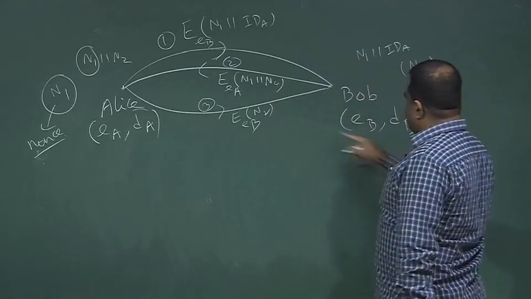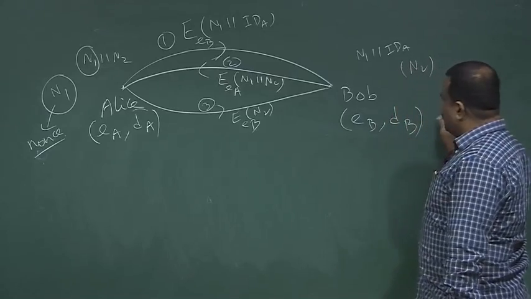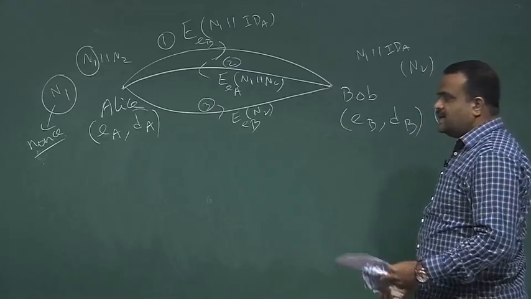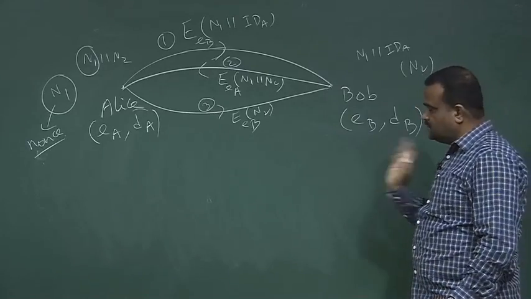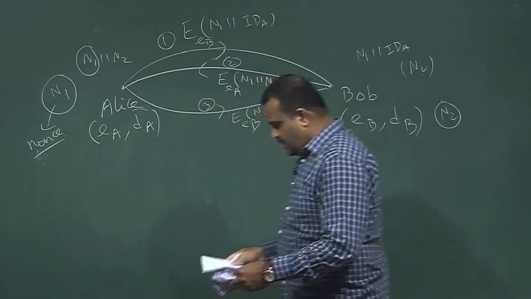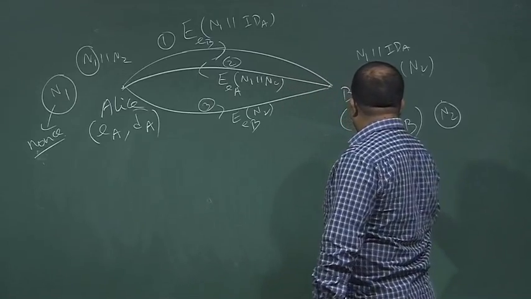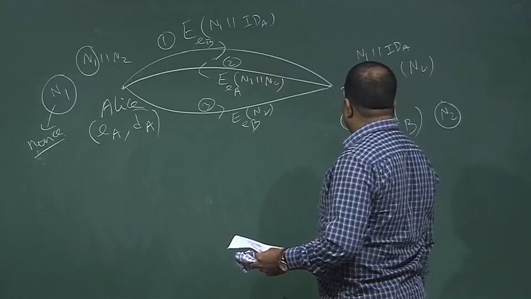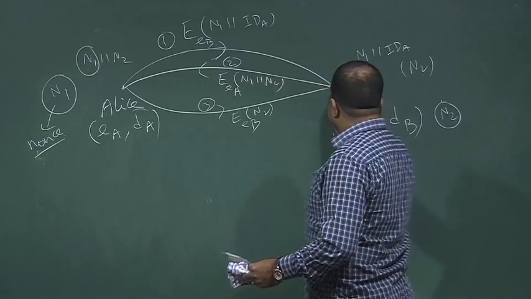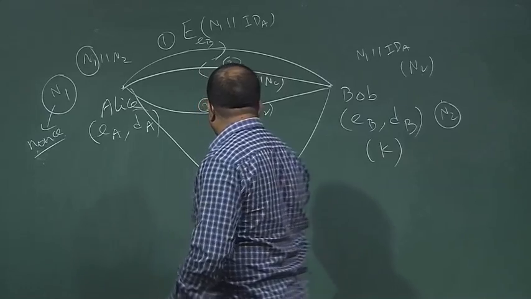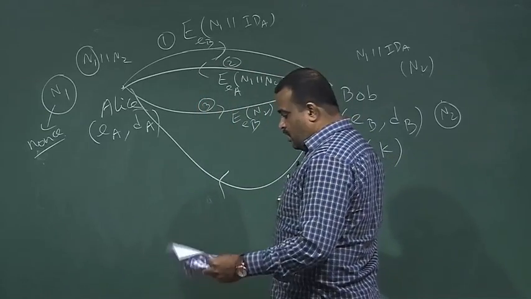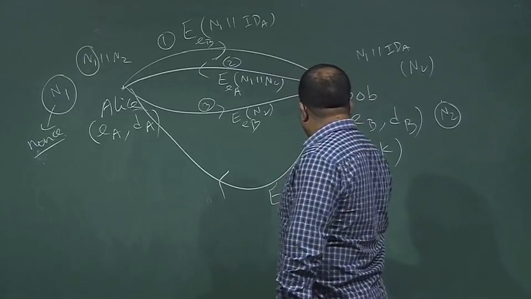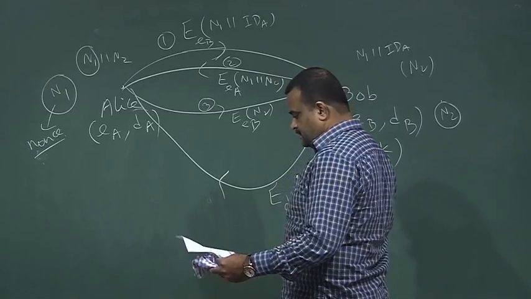After receiving this, Bob will decrypt it using Bob's secret key, and Bob will get N2. So, Bob will check whether this N2 is the same or not. Then Bob will be convinced that he is with Alice only. Now, Bob will choose a symmetric key K, and then what will Bob do? This is the final communication, for confidentiality and authentication. Bob will first sign using Bob's secret key,